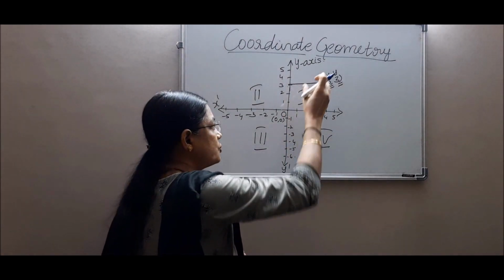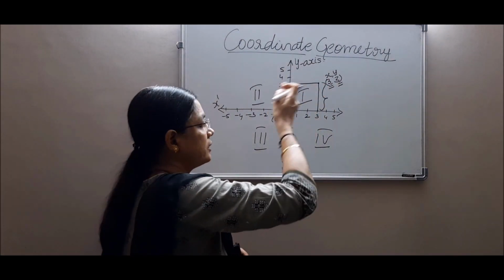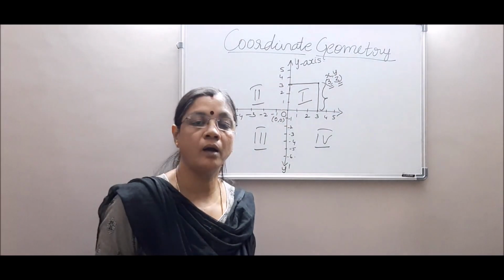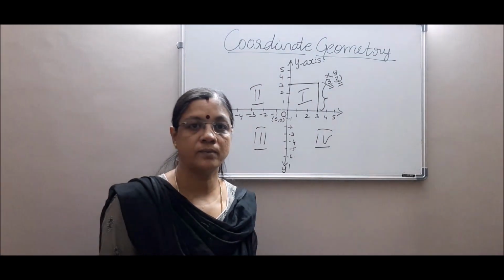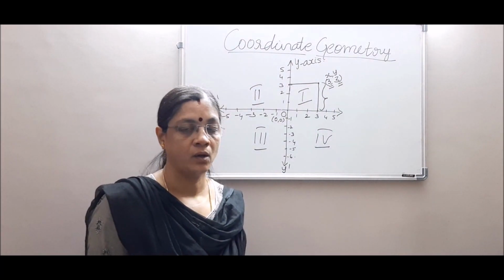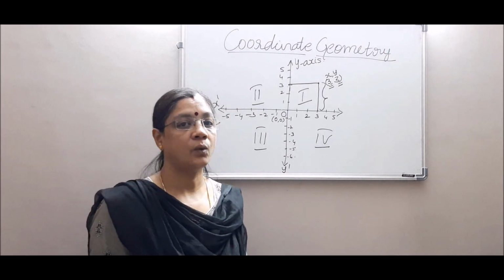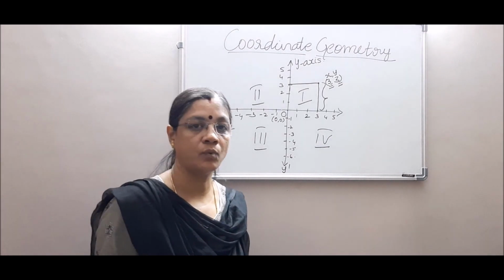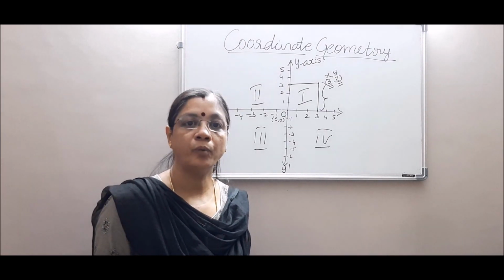So to find out the position of the point, we use the Cartesian system of coordinates, or we mark the point in the Cartesian plane so as to understand its position. The second thing is we'll be able to solve equations using the system of Cartesian coordinates, that is, marking the points.